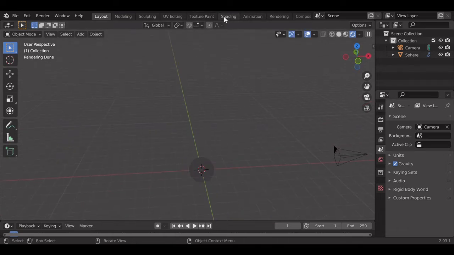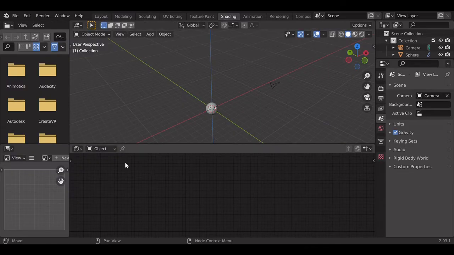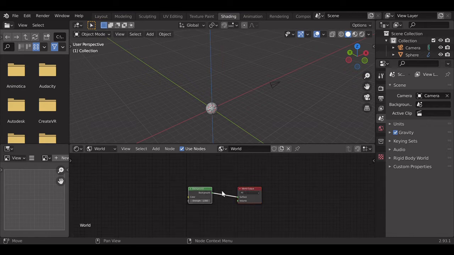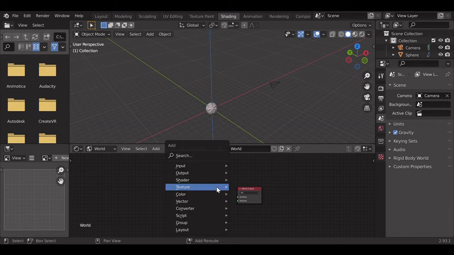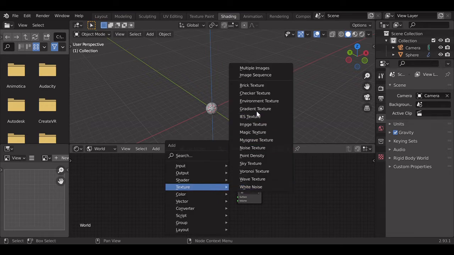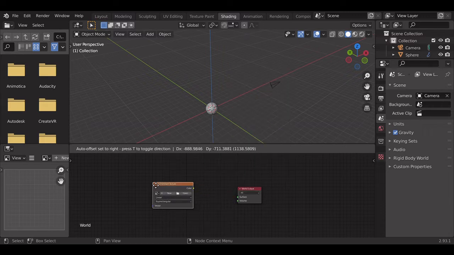So I'll go on to Shading. Once I go to Shading, I switch from Object to World. Now once you switch from Object to World, you're going to see this background. You want to go ahead and delete that background. Press X, delete it. Press Shift plus A, add a texture, Environment Texture, and place that here.